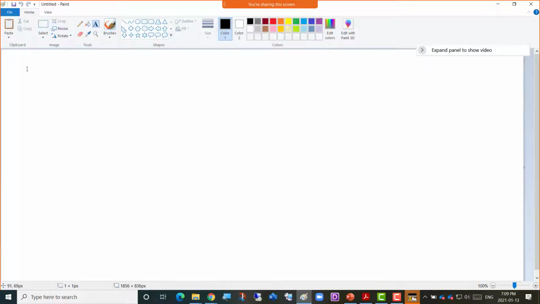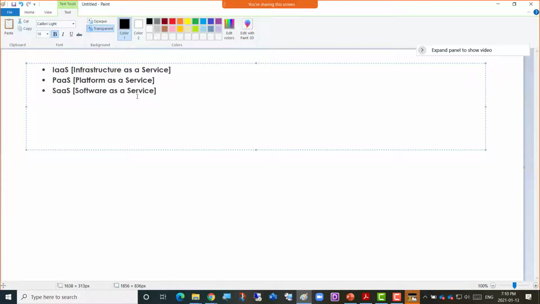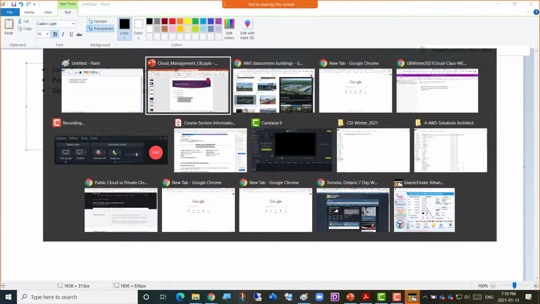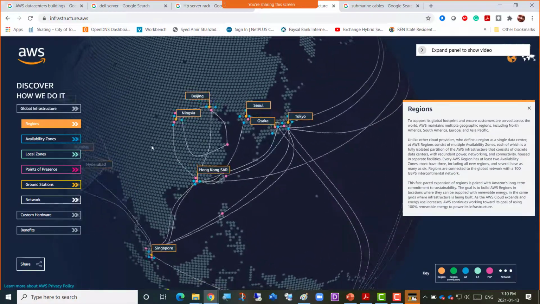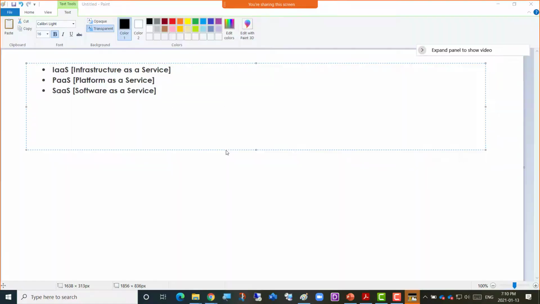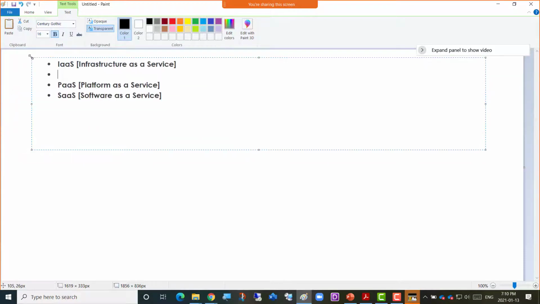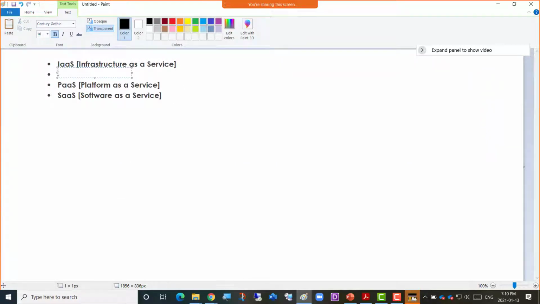So a brief example of infrastructure would really get you clarified about infrastructure as a service. So when we were talking about this, right? AWS's data centers across the globe. We were talking about a virtual data center where we can do a lot ourselves, right? So when we go for a virtual data center, okay, I'll try again. So that infrastructure service, first of all, what is that? We're going to talk about that.